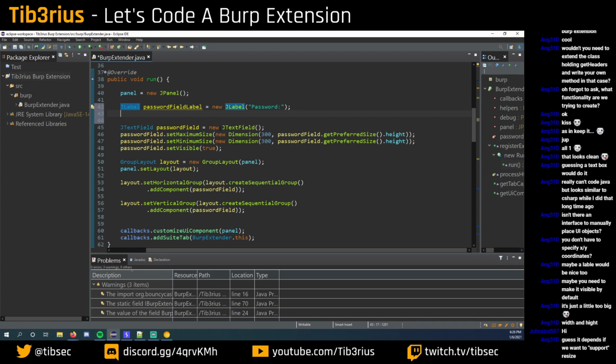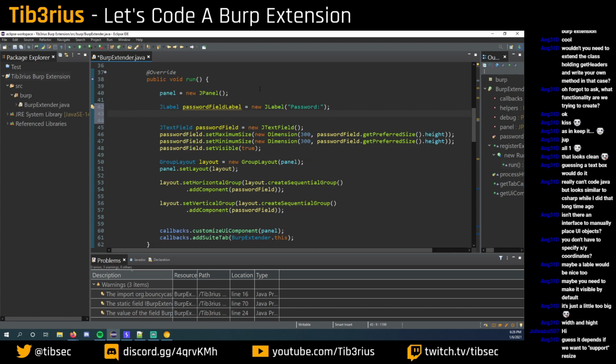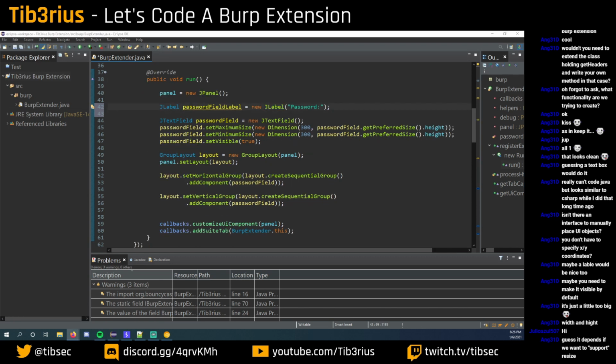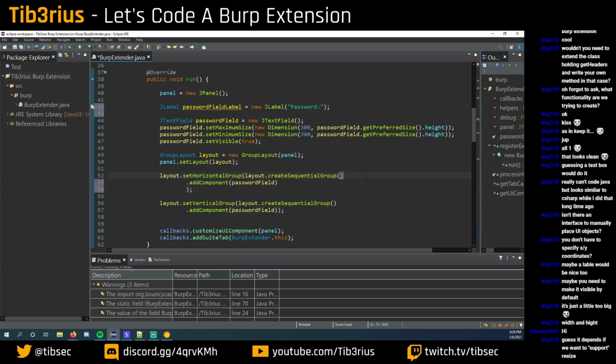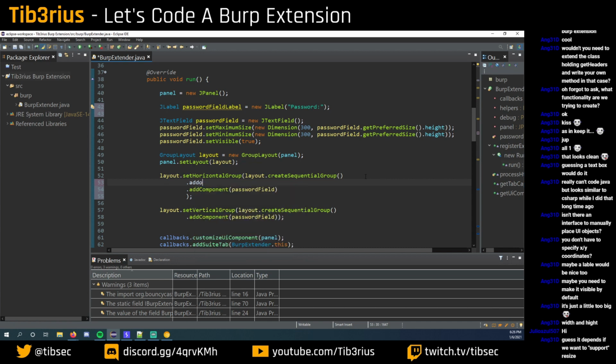Okay, so I think the J label should be fine. That should default to a good size. All right, now we just need to add it. So, if we think about horizontally, we should just be able to add, actually, add a new component, password field label, to there. Because you think about a horizontal group that's sequential means these two will be right next to each